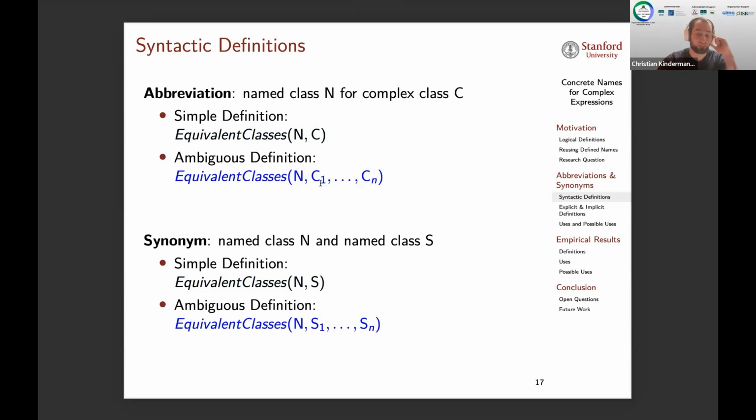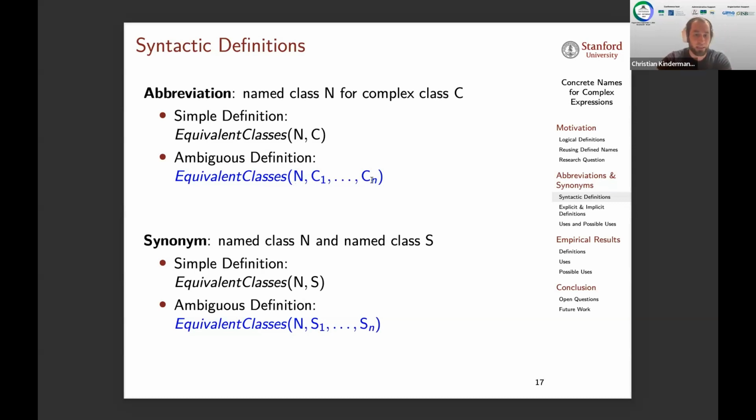And in this case, you would not necessarily know which complex class the named class refers to, but you know that they are all equivalent. And in this case, I would call these things ambiguous. So we have an ambiguous definition for the term that represents this named class N, and the same for synonyms,